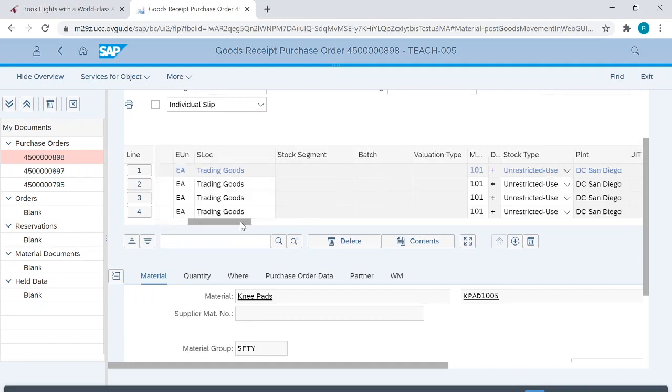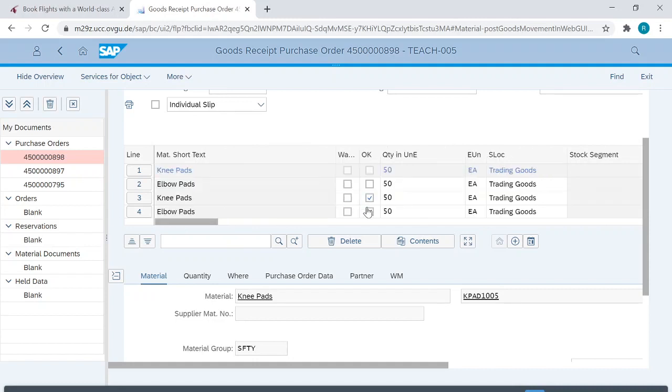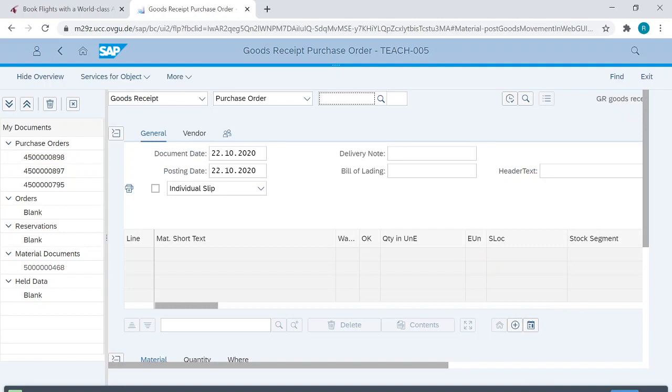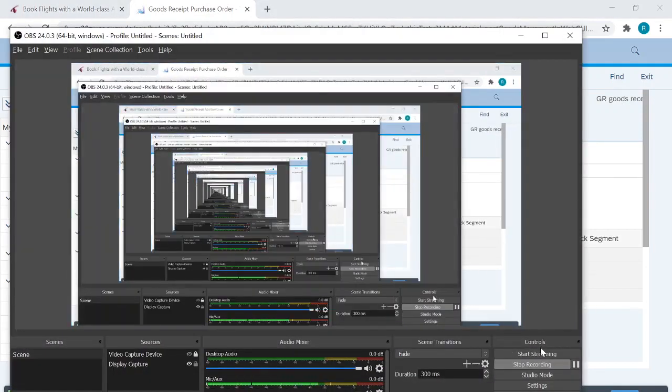So I will just configure these two items only and check mark them, because I need to receive these in these quantities, that is 50 and here 50, and I will just post it, and this is how I will get the document number and my goods receipt will be completed. So this is how we have completed the goods receipt, and we have the material document number as well. So I hope you have had a good understanding and you can practice as well. In the next tutorial I will explain how to move forward with this and the process of procurement.